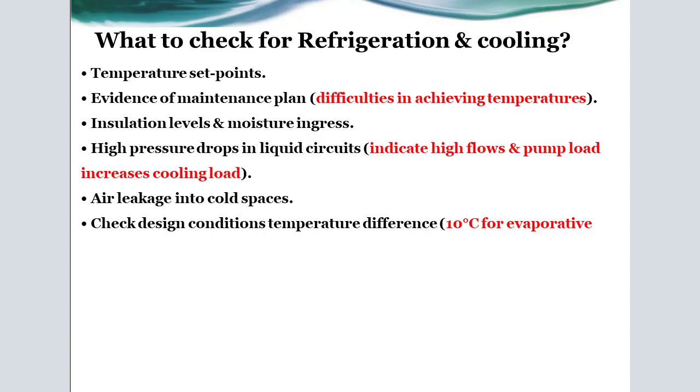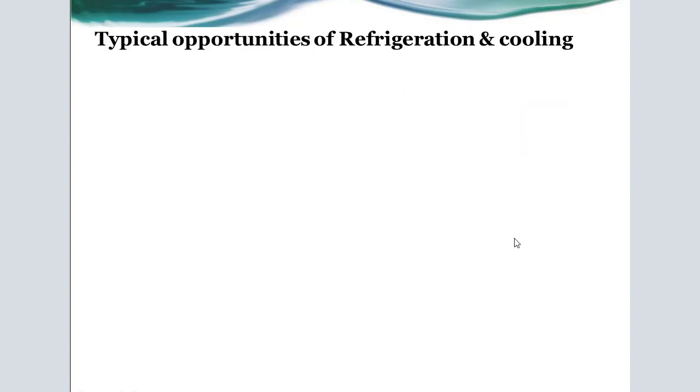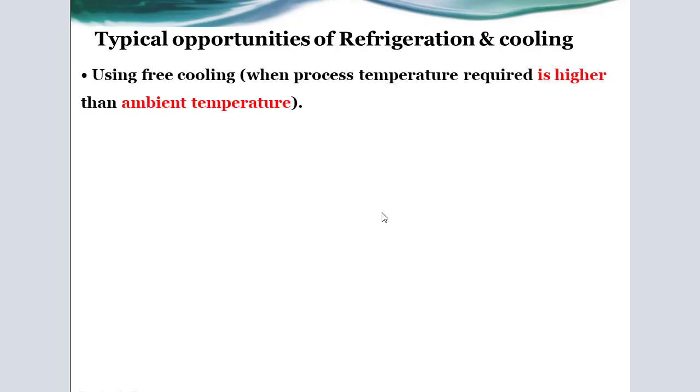The typical value is 10 Celsius for an evaporative condenser and 15 Celsius for an air-cooled condenser, and also if there is a 1 degree Celsius increase in condensing temperature, it will cause an increase in running cost by 2% to 4%. Okay. Now for the typical opportunities of refrigeration and cooling systems, as we will see, by using free cooling,